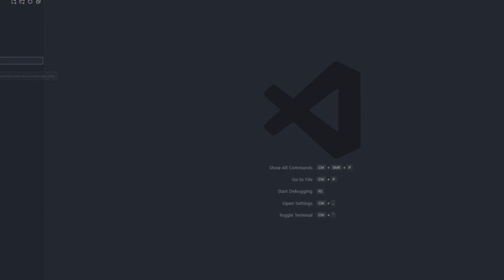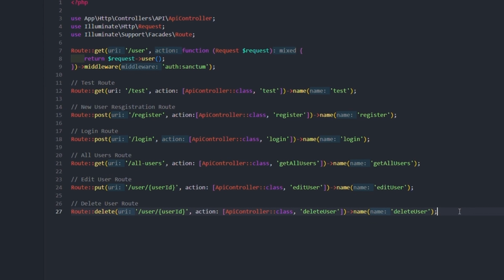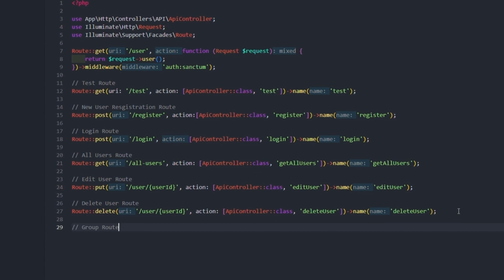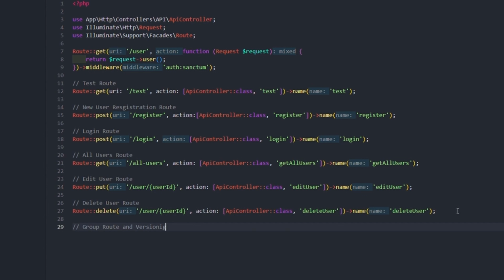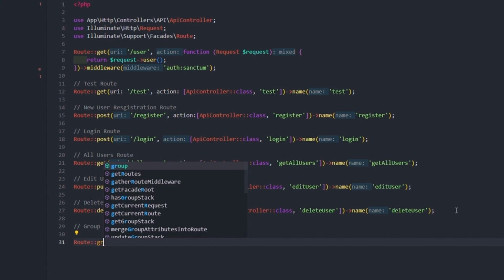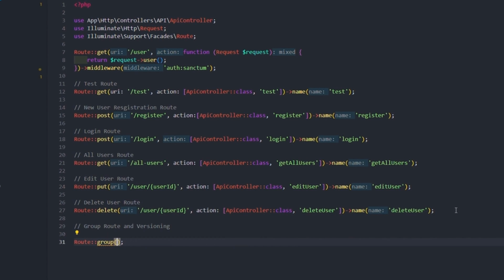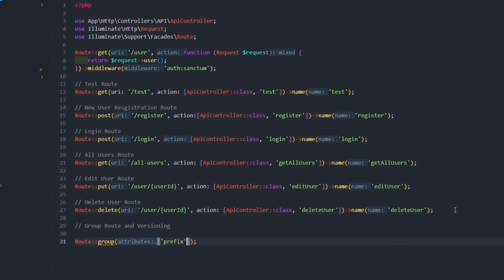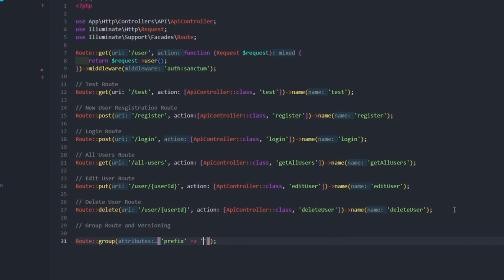Go to routes, api.php. To group routes, we are going to use Route::group. Here inside the array, we need to add a prefix. Here we need to mention our version name. So let's say v1,